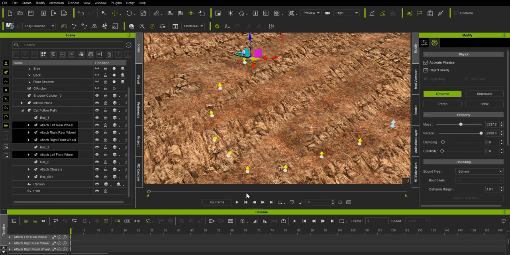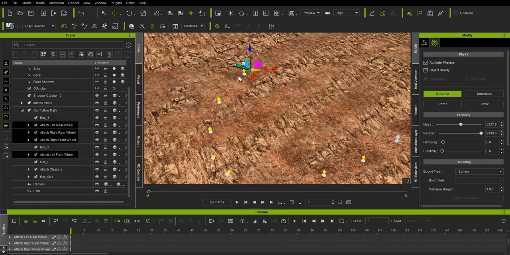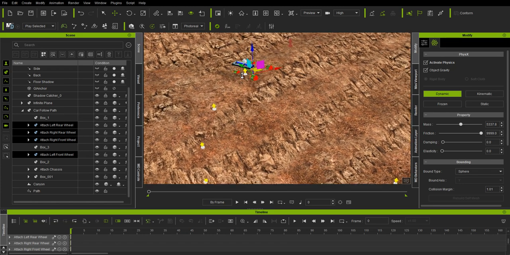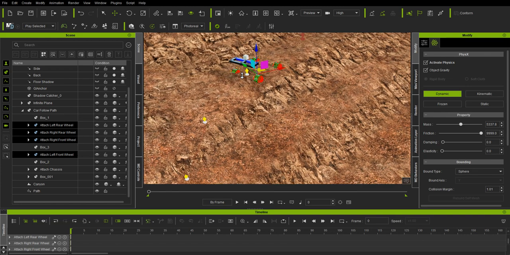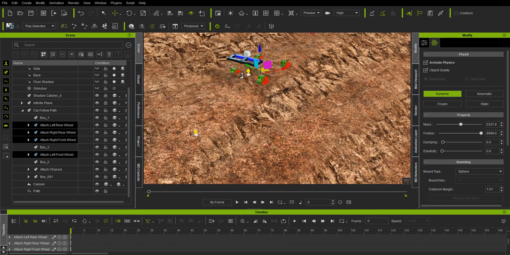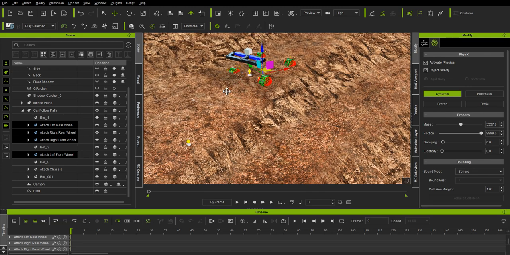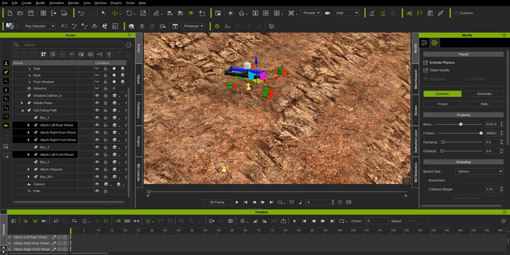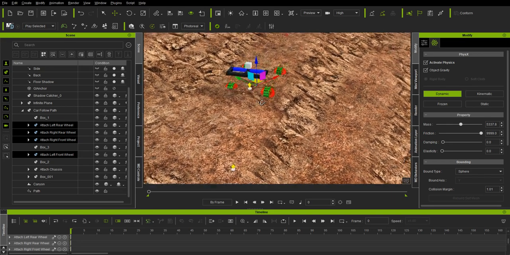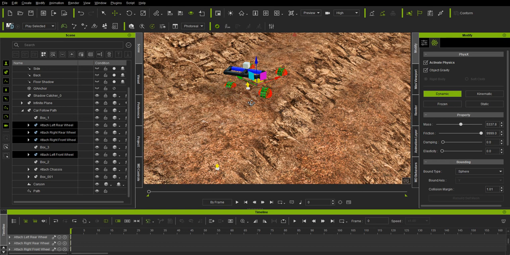Okay, so the other thing you can do, because the car normally will just travel upright. Things that follow paths will travel upright. Actually, that's not technically true. What's actually happening is they're following the orientation of the path, and the path is upright. So if I select the path here,